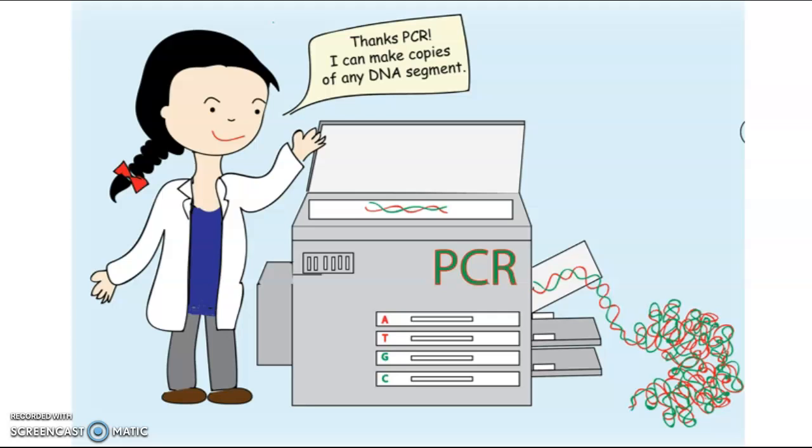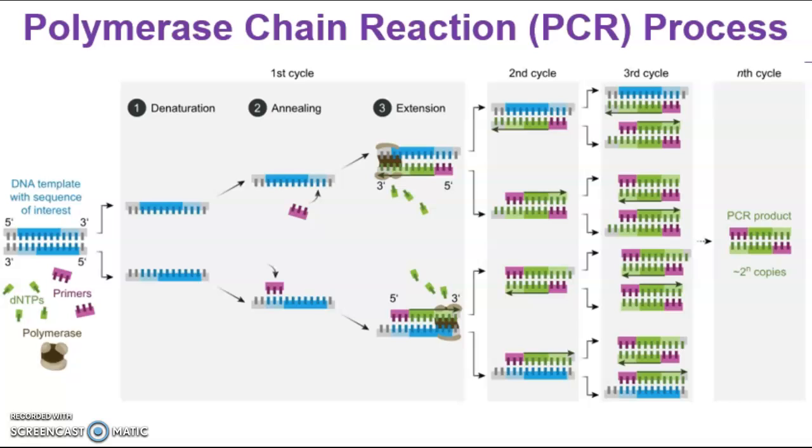The next way to do gene cloning is PCR. And so, like the picture shows, you're using a machine here. So with gene cloning, we're using a living organism. With PCR, we're using a machine called a thermocycler to do it. And roughly what happens is you have to know your DNA sequence, right, your gene. And you want to make more copies of that. Well, you use the system where you have to have a primer. So you design these primers that flank the sequence of interest. Then you put those things in with some single nucleotides as well as a